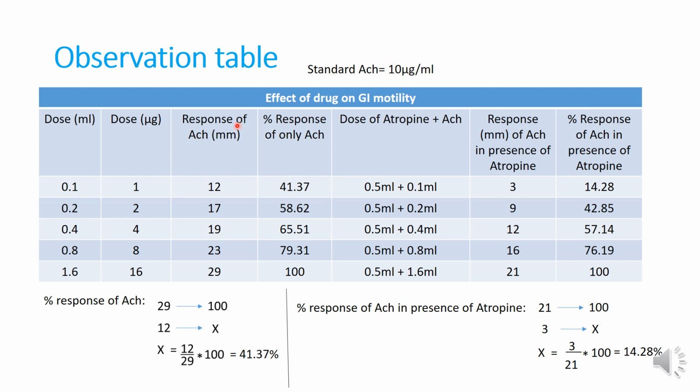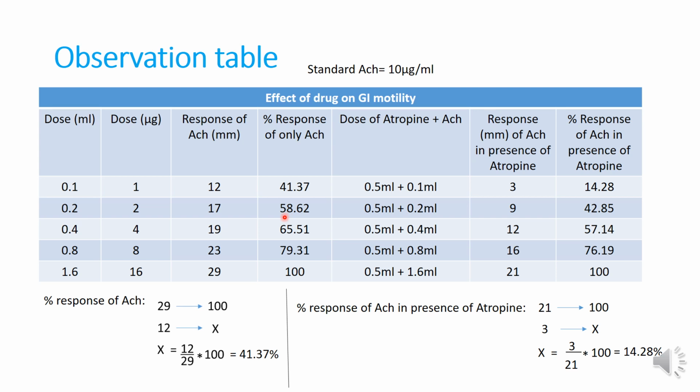Then we will get the response in mm. The response of acetylcholine in mm includes 12, 17, 19, 23 and 29. Then we'll calculate the percent response of acetylcholine. If 29 is 100%, then how much for 12? We will do a cross multiplication and we will get here